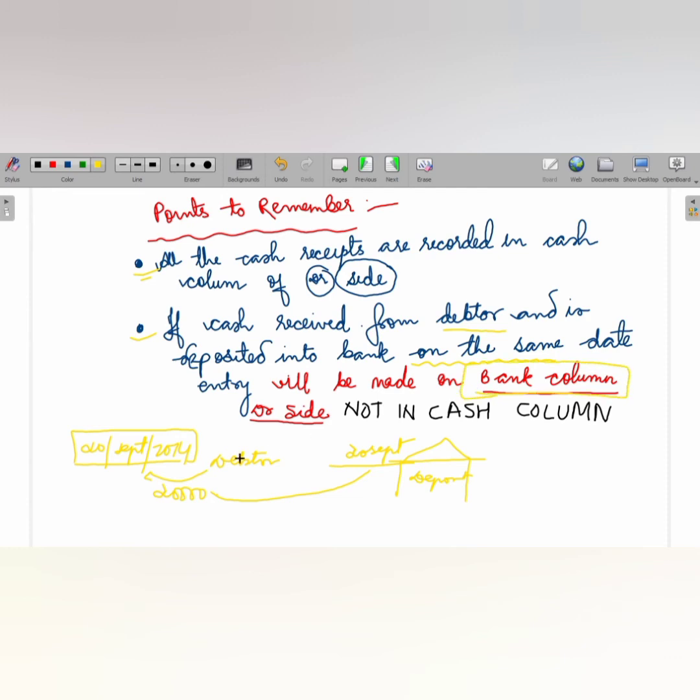Fine. तब हम कैश कॉलम में ना रिकॉर्ड करके बैंक कॉलम में रिकॉर्ड करेंगे, क्योंकि हमें पैसे मिले हैं इसलिए ये डेबिट साइड में रिकॉर्ड होगी। फाइन, क्लियर? फिर से मैं एक बार बता दूं। ओके,